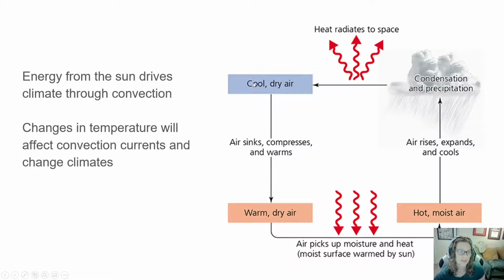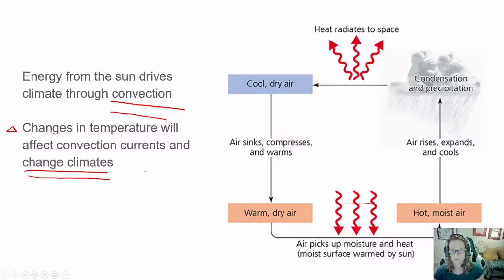All right, also remember that energy from the sun is what drives our climate here on the Earth, and that happens through the process of convection. Warm moving up and cooling down, and have this cycle. So warm materials rise, colder materials go down. Differences in pressure move the air, and hence the moisture in the air. Changes in temperature will affect the convection currents, and if the convection currents slow down or stop, that is going to affect how much precipitation and temperature is in the area, and therefore it's going to change the climate. That's what climate change is all about, the root of it.